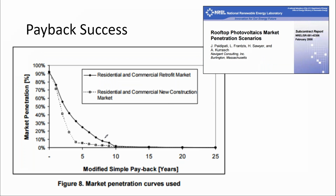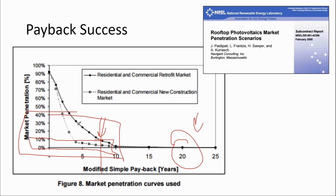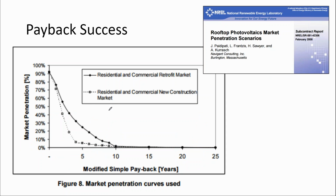Now the reality is most customers do not want a 20-year payback on their solar projects. Most customers want an 8-year or less payback on their solar project. If we want solar to be 10% of the electric grid, the payback needs to be 8 years. If we want 40% of the people who hear about solar power to go out and buy it, the payback has to be at year 3. So the transition to a 100% green electric bill comes with a payback that is well under 10 years,